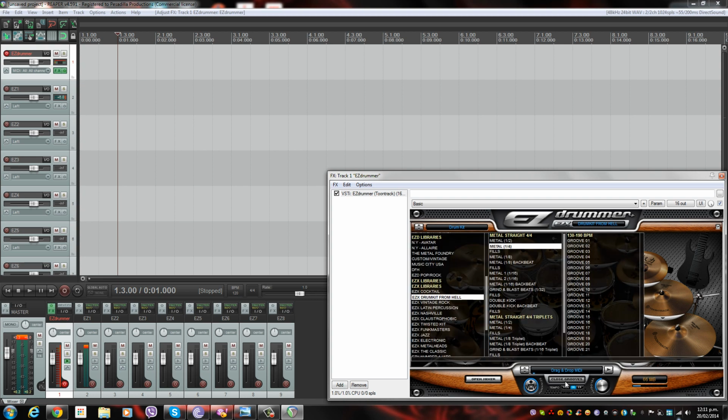So you go open grooves, and you go to your library, and you choose which. Once you've picked your kit, you can choose your library. If you want to go pop rock, you can. I'm going to do this with Drum Kits from Hell, and then you choose